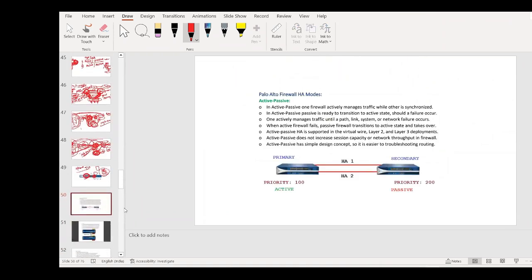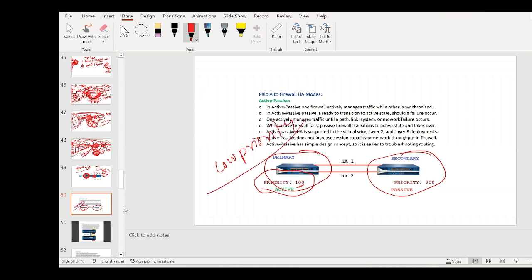Okay, so what is active and passive, guys? Active and passive, where one firewall works as a primary, the other works as a secondary. If the other goes down, yeah, one more thing I want to explain. What is the priority? Actually, I will explain in the lab. We will set the priority of the device. So the device which has a low priority becomes the primary. Okay, please write it down. The one which has a low priority becomes the primary, and the one which has a high priority becomes